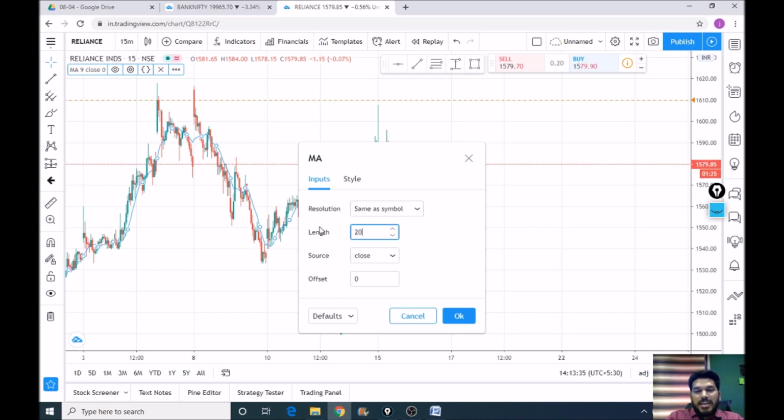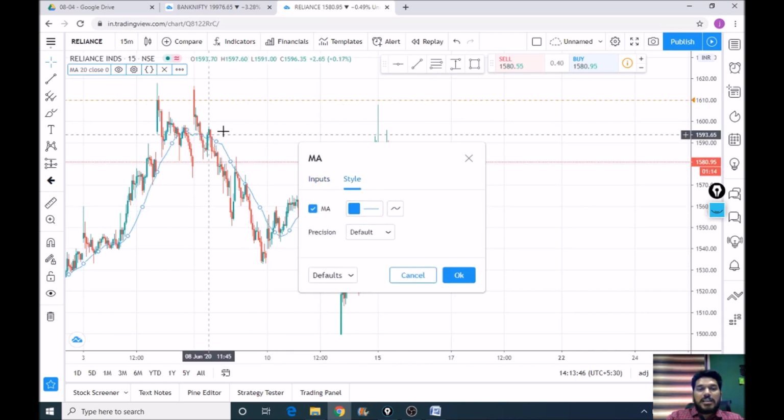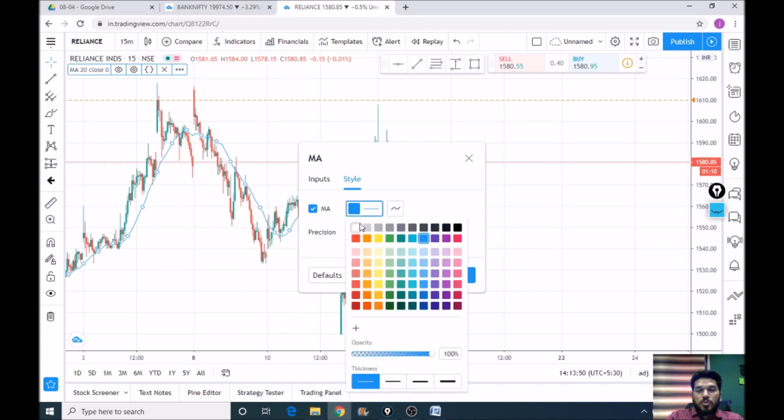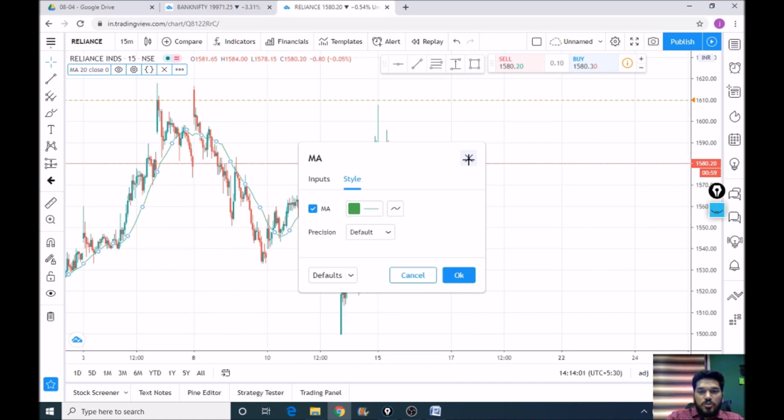So you can simply click on the length button and type 20 to get 20-day moving average on the screen. Further, you can also change the color of the moving average. Let us assume that you want to use a green color moving average. So just click on the green bar over here and you will see the color changing to green.